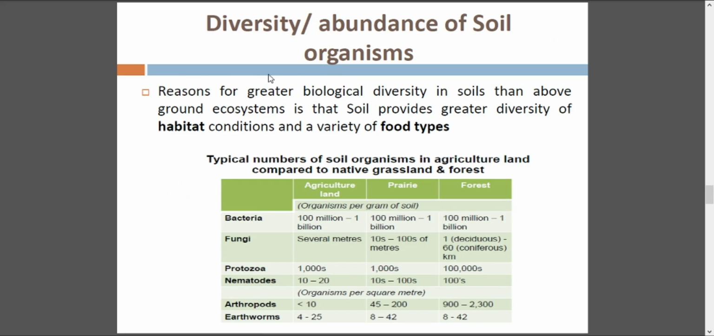So now let's look at diversity and abundance of soil organisms. We see that the reason for greater biological diversity in the soil, more than in the above ground ecosystem, is that the soil provides greater diversity of habitat conditions and variety of food types compared to above ground. And we see that in agricultural land, we have